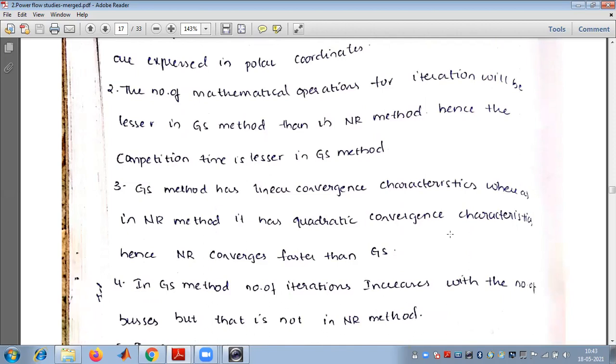Convergence characteristics. In the case of the GS method, we have linear convergence characteristics, but in the case of the Newton-Raphson method, we have quadratic convergence characteristics. Because of quadratic convergence, the Newton-Raphson method will converge faster than the GS. That is also very important. Based upon the convergence, the speed of operation will be increased. So as far as this third point is concerned, obviously the NR method is superior to the Gauss-Seidel method